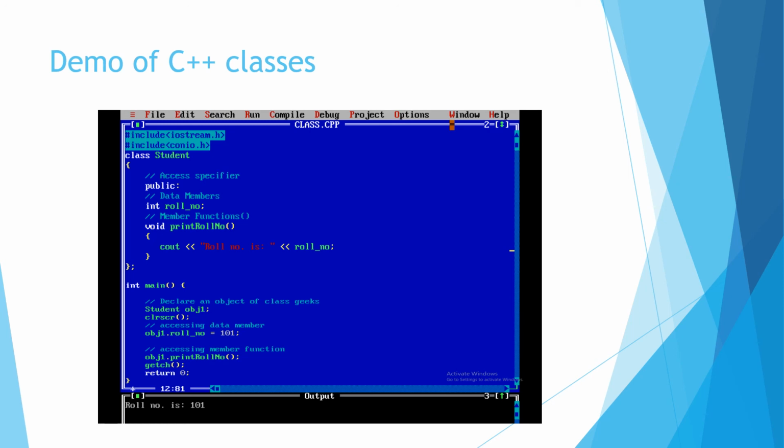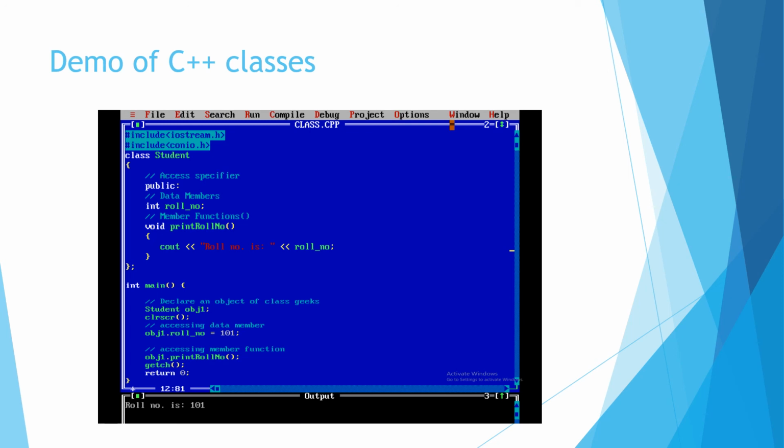Now in the main function I have created an object of class student. So I have written, you can see over here, student obj1. You can write anything, s1, s2, whatever variable name or object name you want to specify. So here I have taken obj1 as the object of class student.